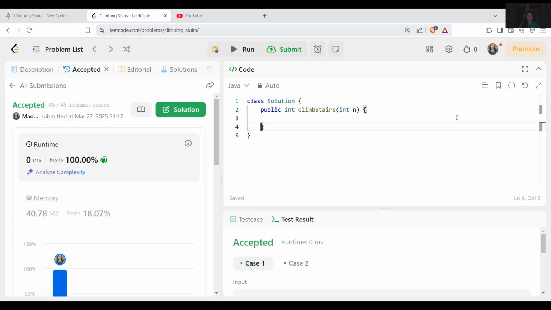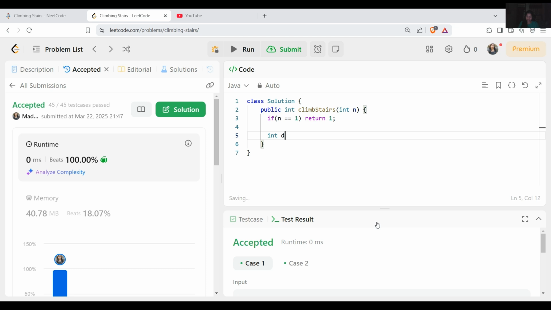This approach is exactly the same, but the way we write it is a little different. In the very start we will check if n is exactly equal to 1. In that case we simply return 1 from here. That will basically be our edge case.